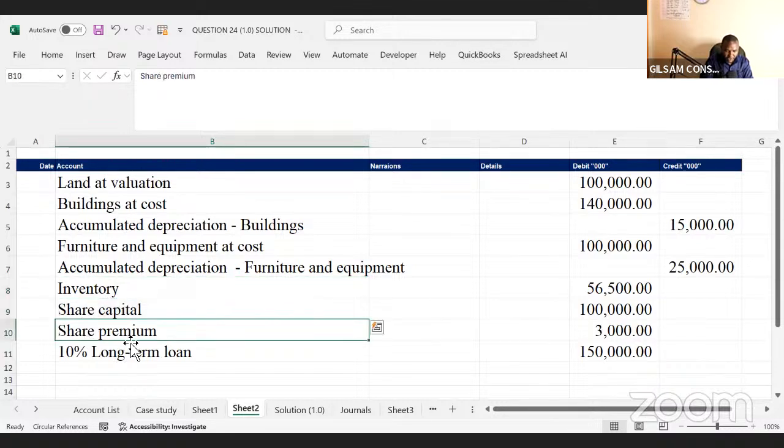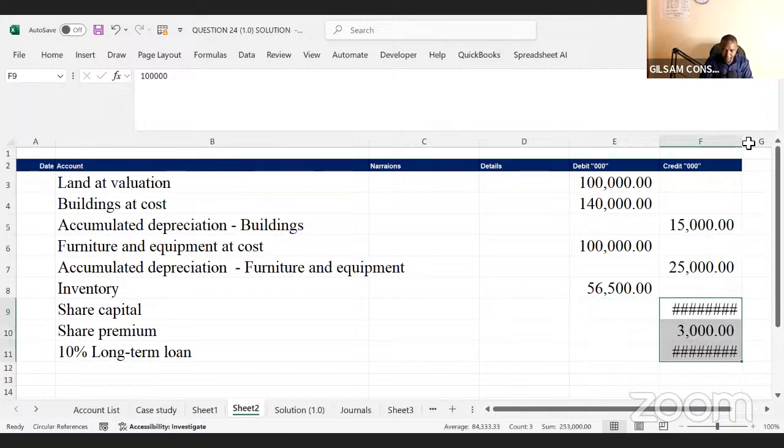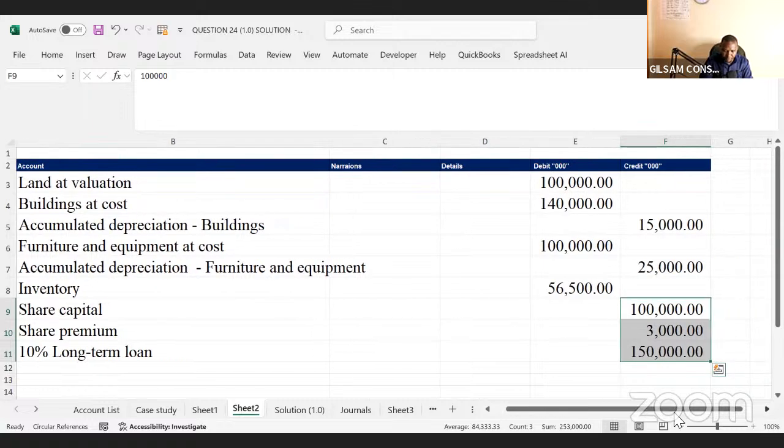Share capital, share premium, long-term loan. These are on the credit balance. So from there, we can have now,